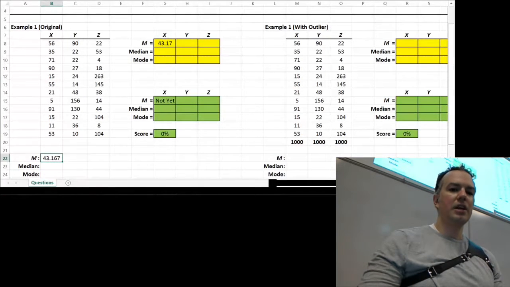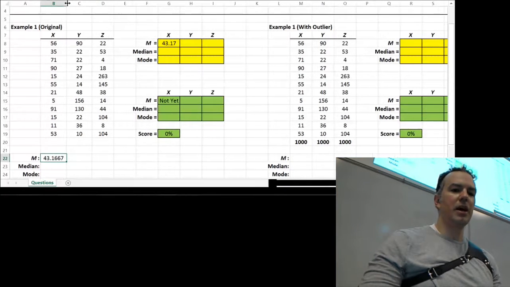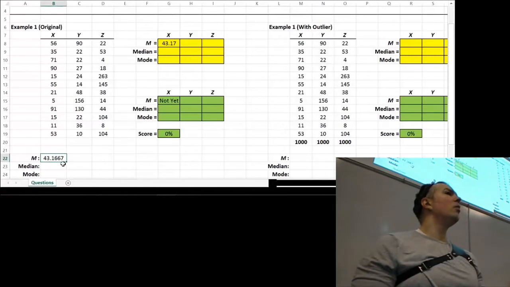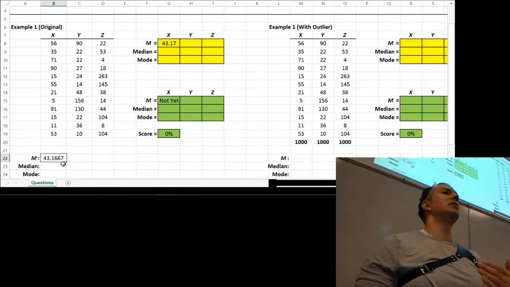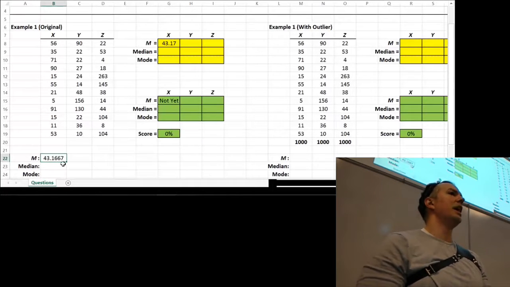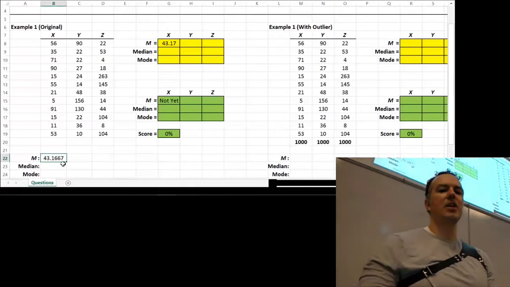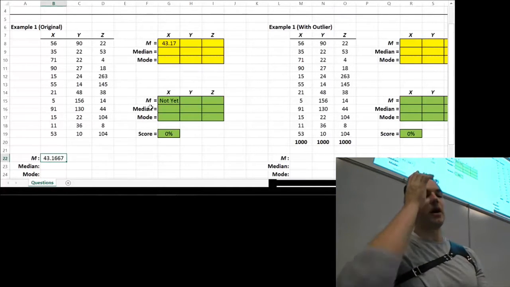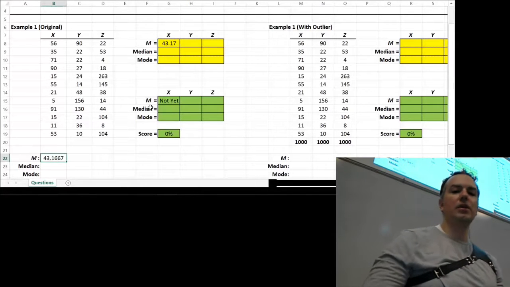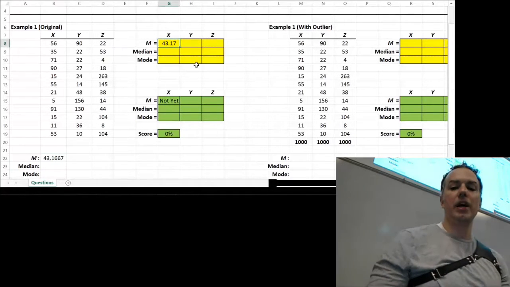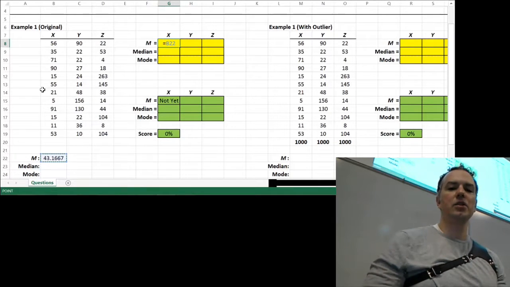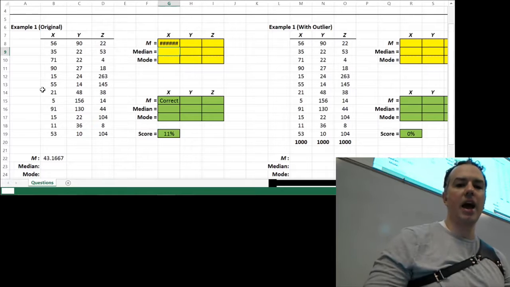There we go. So you can see that what Excel does is it keeps as many decimals as it possibly can hold on to, but it only displays a certain amount. So we don't want to use that number that it displays because that's rounded off, that's introducing error, that's making our calculations less accurate. We want to use the entire number. We want to use as much of that number as we possibly can. So instead of using the manual entry, we're going to use the equals function once again. We highlight where we have our answer, we hit enter, and then we see that we have that one